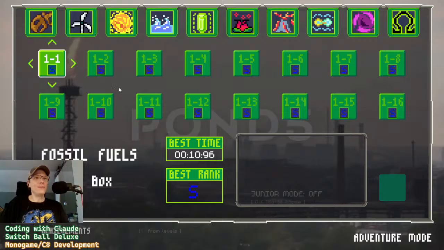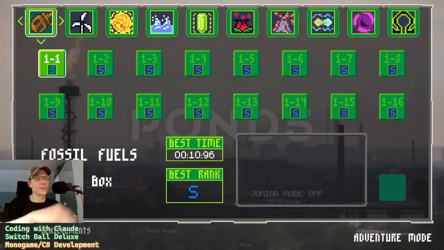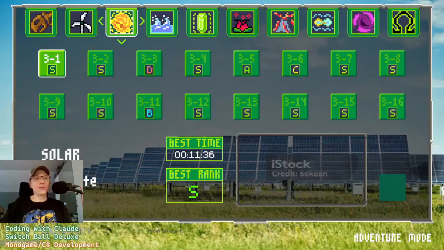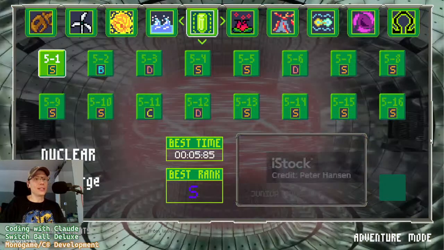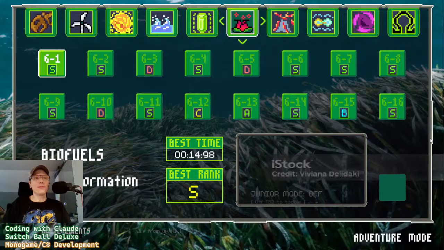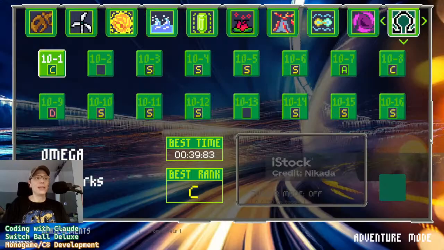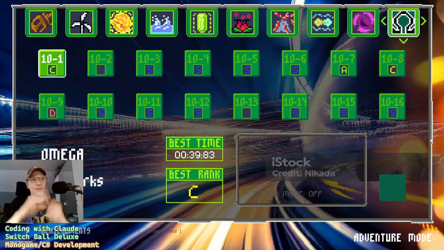Now what we want is for each of these types of worlds, I'm actually going to make the volume a little bit less here for the music. It's so uplifting. We have fossil fuels, windmills, solar, hydropower, nuclear, biofuels, geothermal, antimatter. So we got a couple sci-fi ones in antimatter and wormholes, and then Omega, which is like the final, the